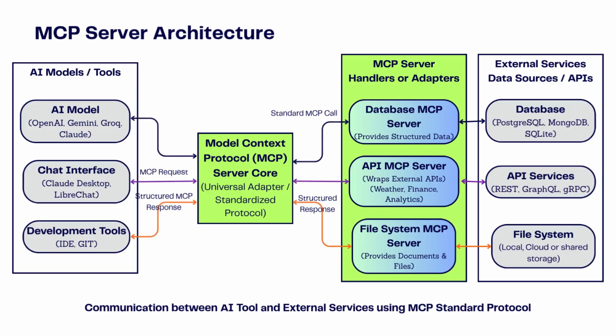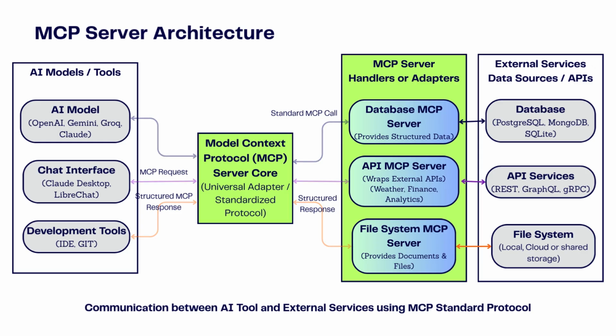Now, let's understand how an MCP server actually works behind the scenes. At a high level, the MCP server is made up of a few key components that work together to let your model talk to real-world systems in a structured and reliable way. First, the server core. This is the central hub that handles all incoming MCP requests that come from the client or model environment. For example, when a model wants to retrieve data, execute an operation, or trigger an external API. It manages the request routing, ensures the communication follows the MCP protocol, and decides which handler or adapter should take care of the job.